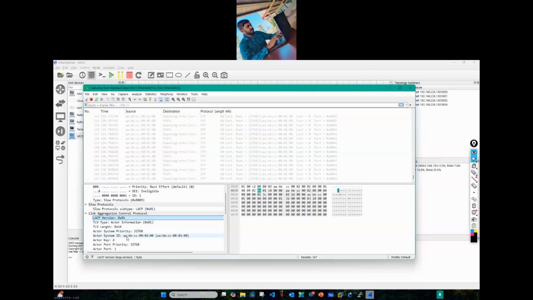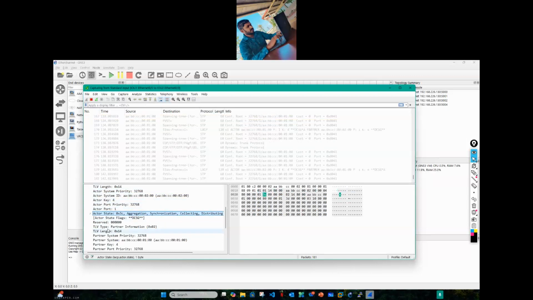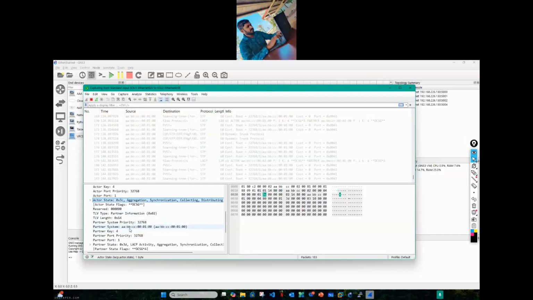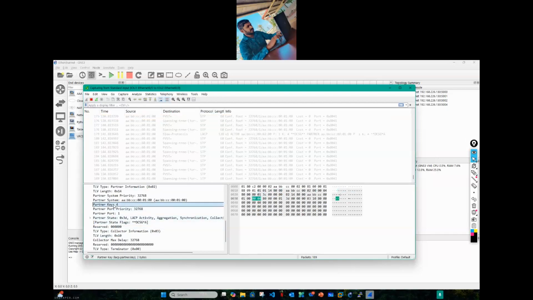Also you can see the MAC address of the device, the priority value, and other stuff. If you go down here, you can see the aggregation, and also the details of this. The partner key, the group is for